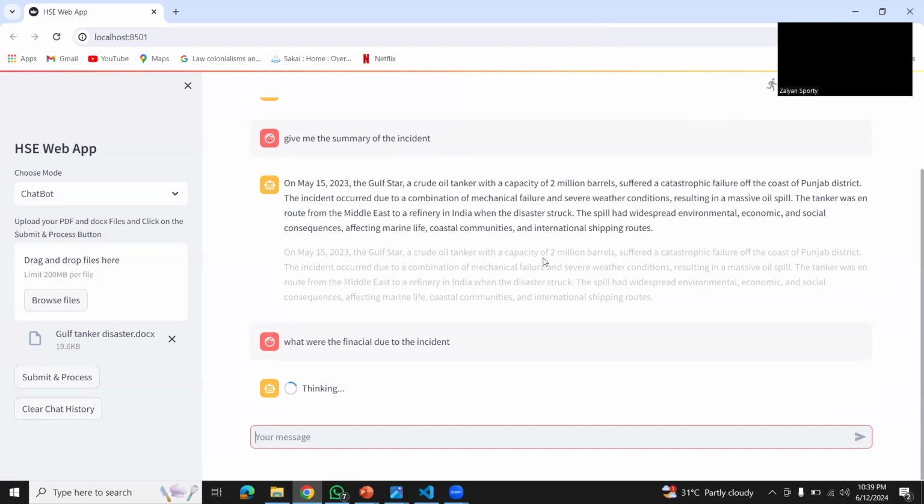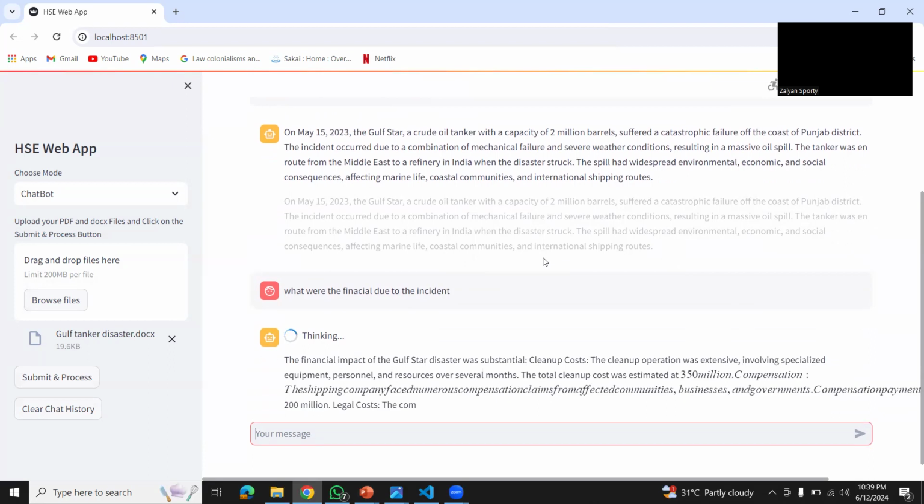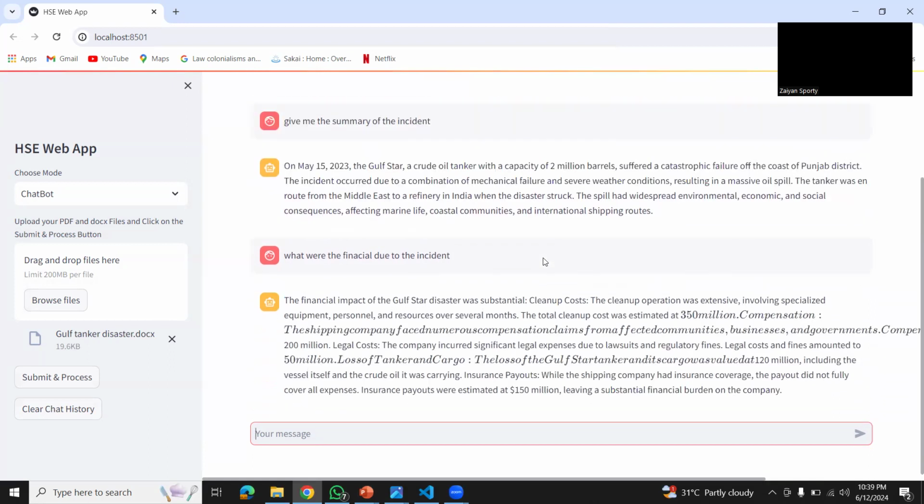Yeah. So as you can see, it gave us all the details about the incident: what the financial implications were, how much loss the company suffered.